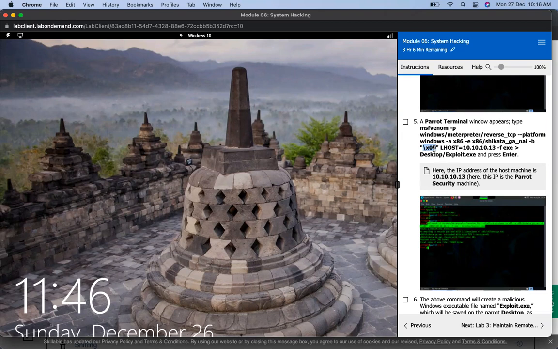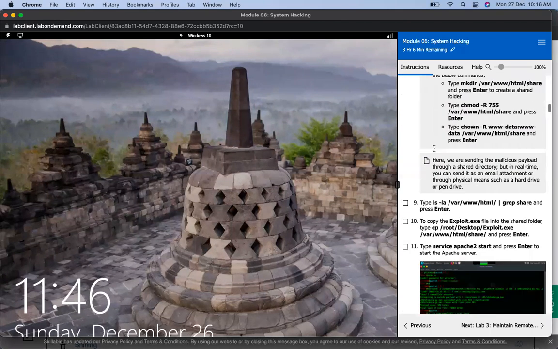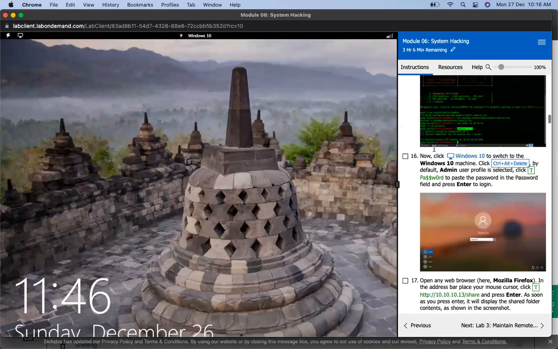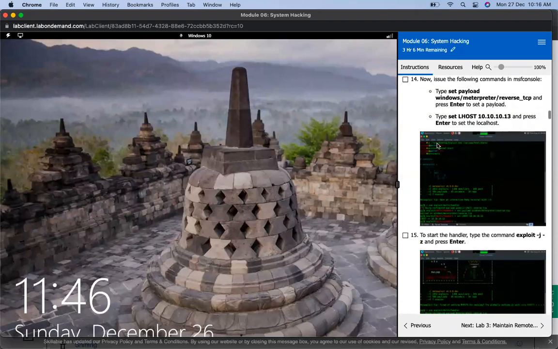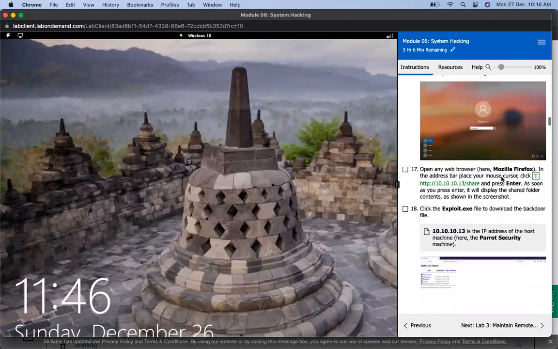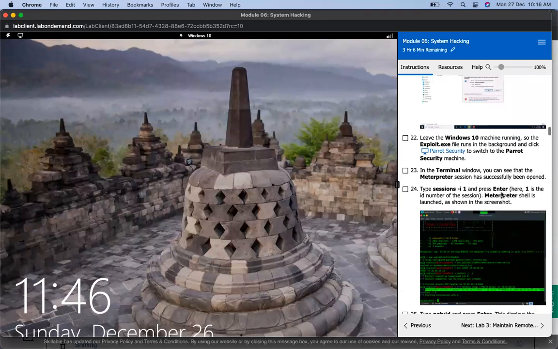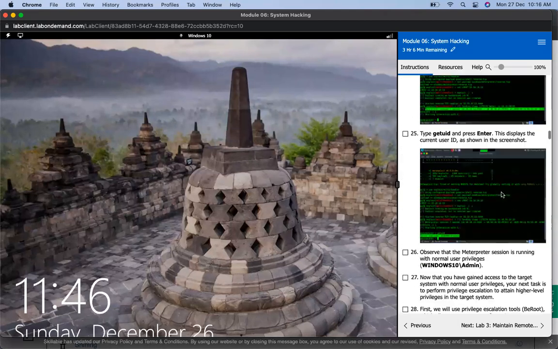Once we are done with this, we'll do the same exploitation steps, but one extra step is to add a new payload. The new payload is known as, let me show you. So this is the normal payload, set payload Windows meterpreter reverse TCP. Then one extra payload we need to use, that is